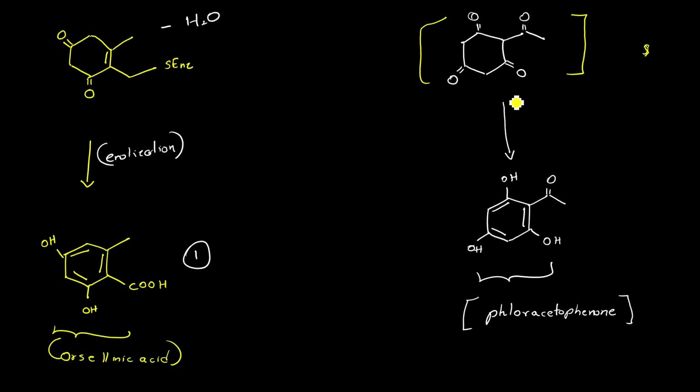Then what happens? Again, just like here, we have the enolization. Here we have the enolization to obtain the aromatic ring in the center, and we have hydroxyl groups. So this is our second molecule which we are going to discuss. So these are pretty easy mechanisms, not that complicated, but there are a few important details which you need